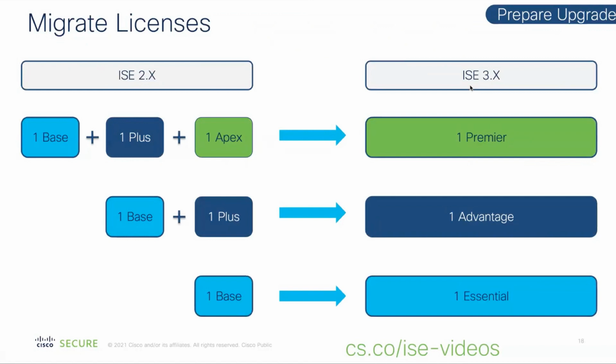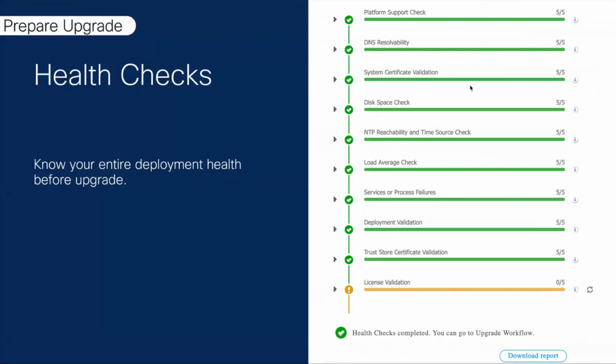All the licenses in 3.x are term-based licenses and smart license enabled. So you got to migrate your licenses from ISE 2.x. Whenever you are migrating from 2.x to 3.x, before upgrading, you got to migrate your licenses accordingly. You might have to actually enable the smart licensing in order to minimize the impact on the licenses after the upgrade process. The last and important aspect before upgrading your deployment during the preparation stage is to perform the